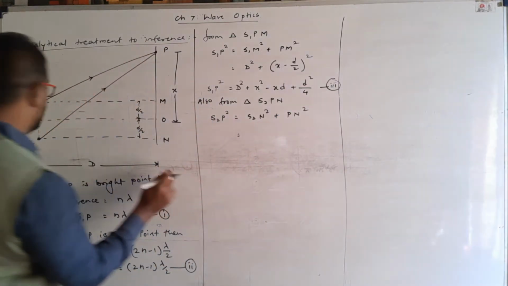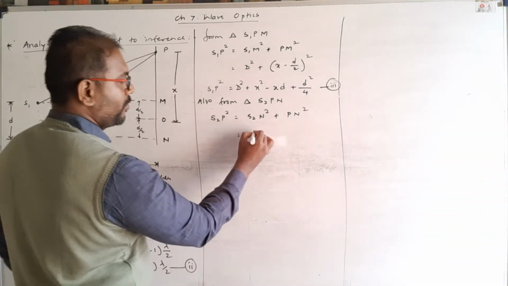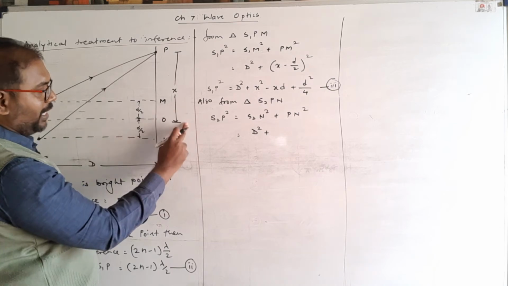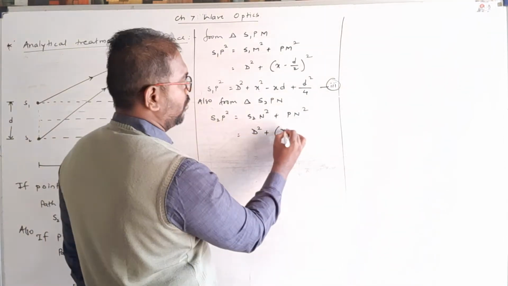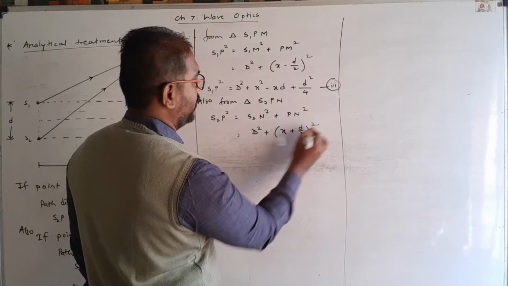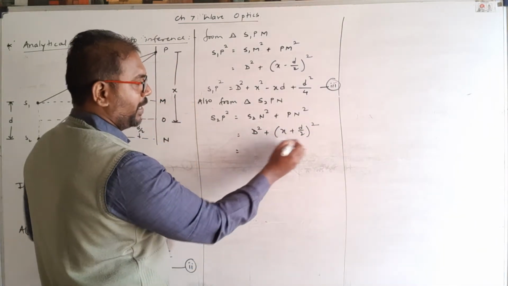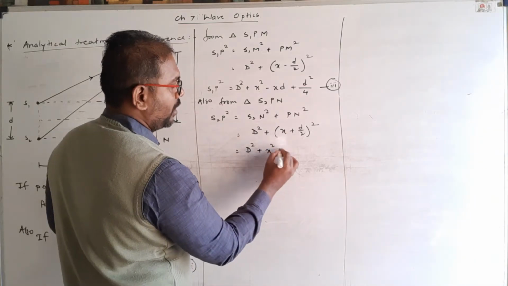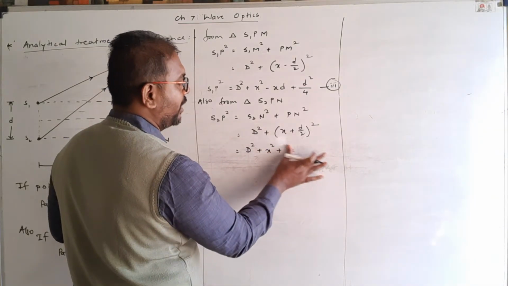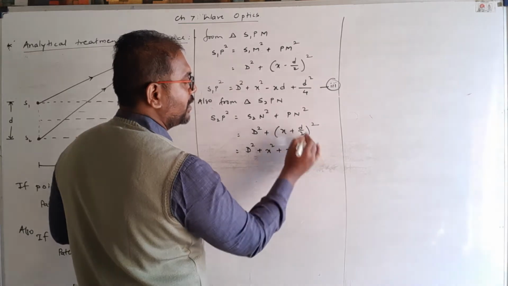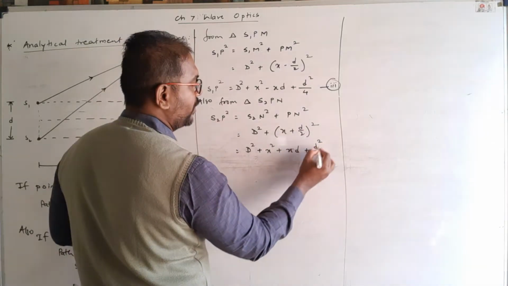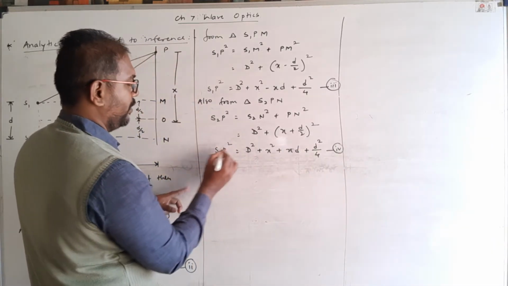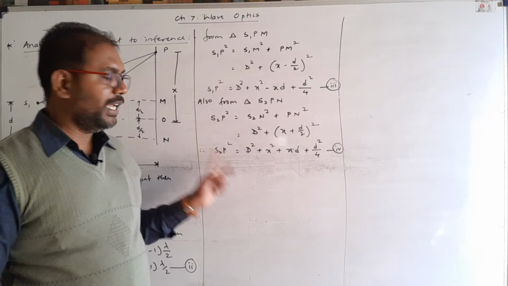And it is equal to S2N, which is capital D again, plus this PN. Up to this it is X and this D by 2, so X plus D by 2. So X plus D by 2 square. Now I can expand this bracket by using the A plus B bracket square expansion. So D square plus X square plus 2X into D by 2, so it is XD, plus D by 2 square, so D square by 4. So equation 4. So here we get S2P square.